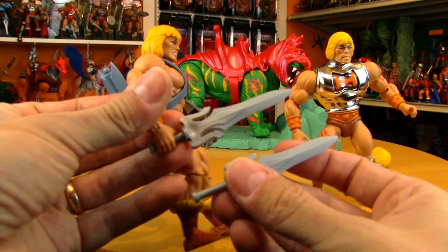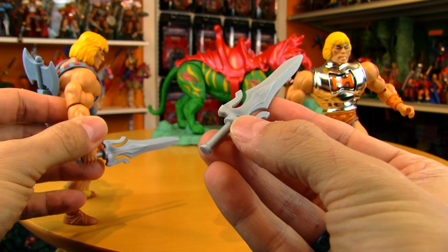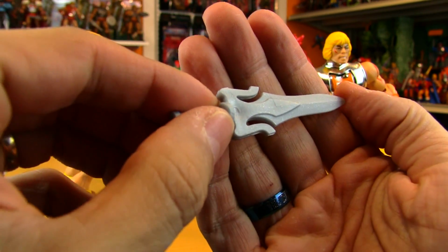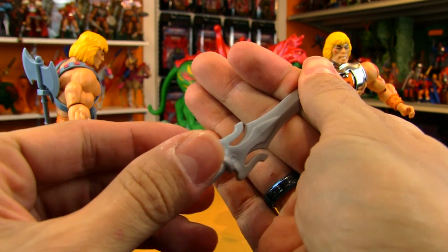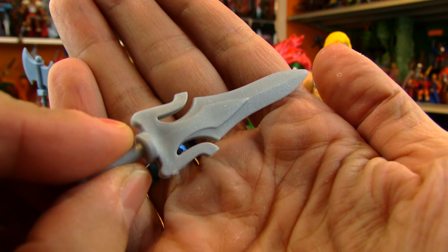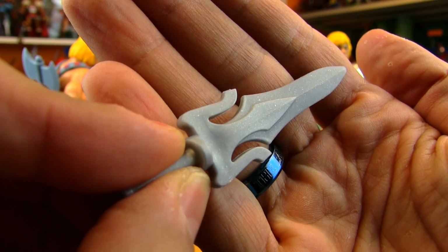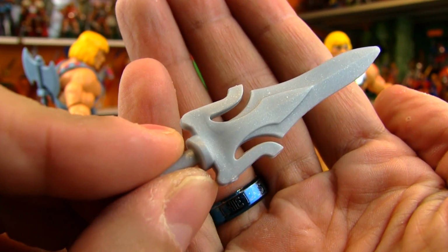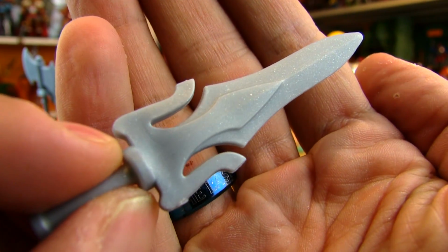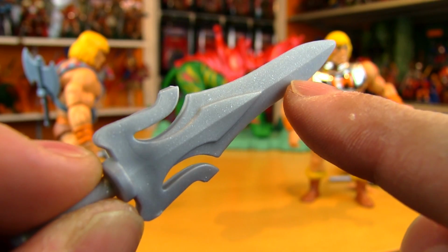And some comparisons of the accessories. Swords look almost identical, but this guy, just like Battle Cat's paint job on his armor, has an ever so slight, very, very subtle metallic fleck in the paint. And with so many things in toys these days being not subtle at all, being over the top, I am digging that very, very slight